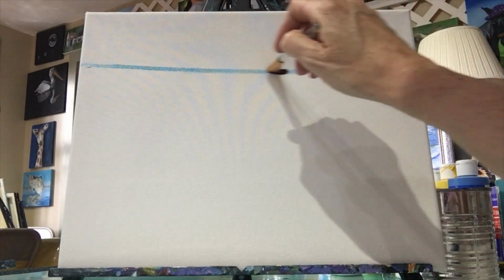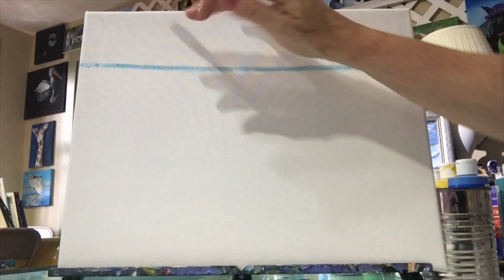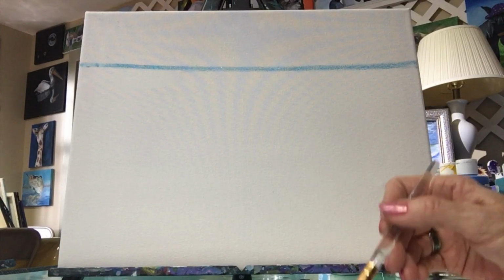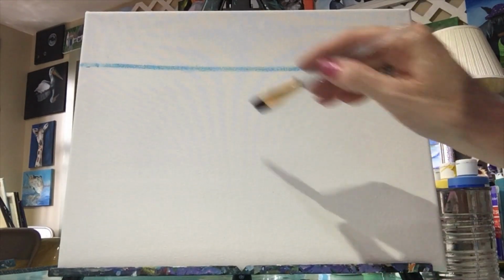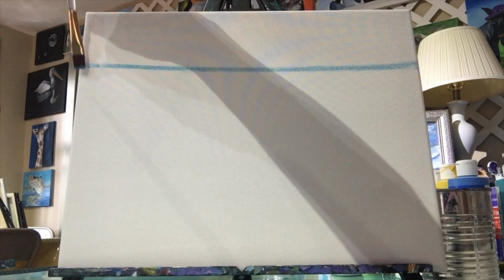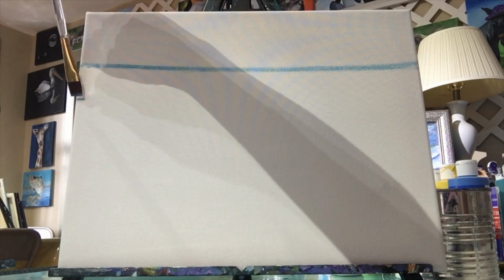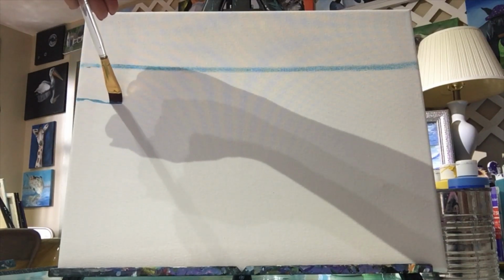So I'm just kind of doing that to establish where the horizon line is going to be. And you don't have to worry about it being perfect because there's several layers in this. Now I'm going to come down not too far from there, and about here, maybe a couple of inches, and I'm just going to put a